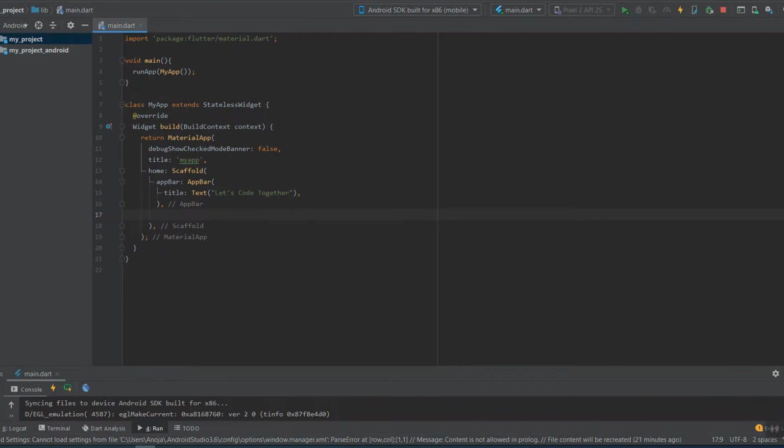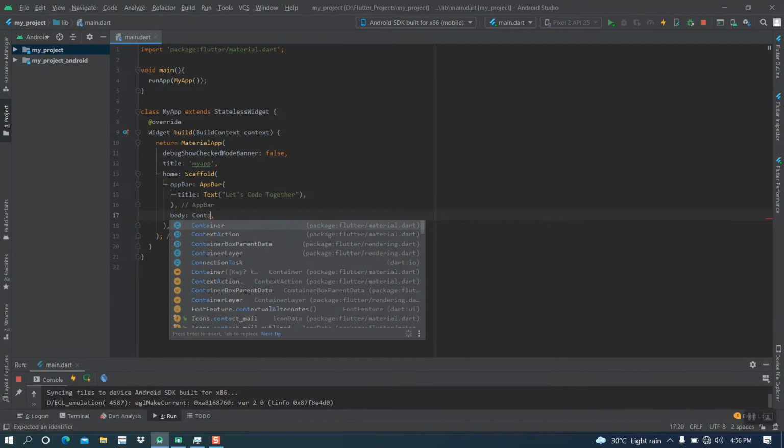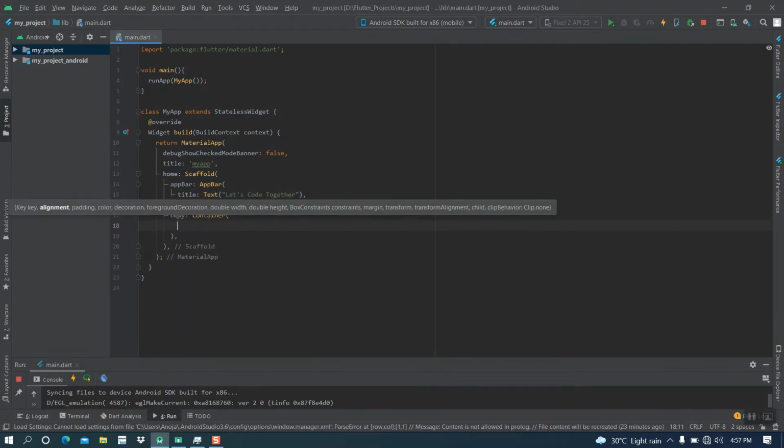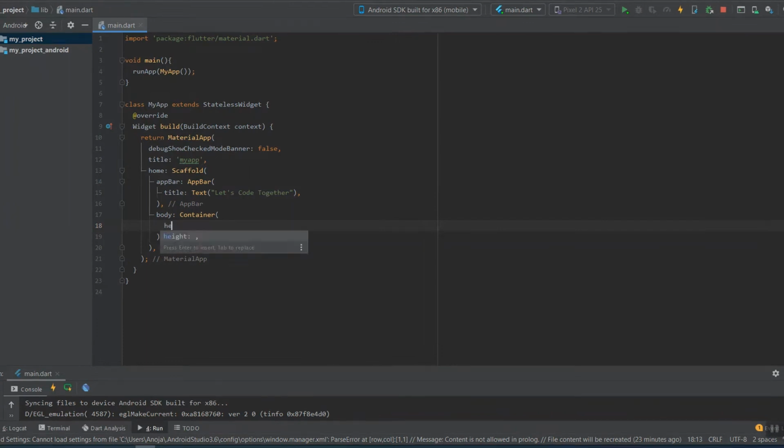Now I am creating the body of our app. First I am creating a container. I am giving a specific height and width to this container.